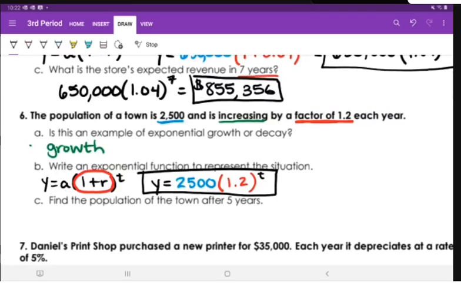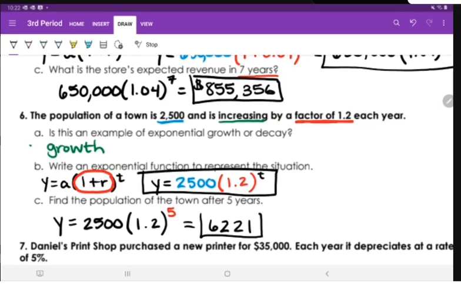For part C, it's just a matter of plugging 5 in for t and using our calculator to figure out what the solution is. So we're going to plug y equals 2500 parentheses 1.2 close parentheses to the power of 5 into a calculator. And when I do that, I end up with 6,221-ish. Any questions about number 6? Number 7,